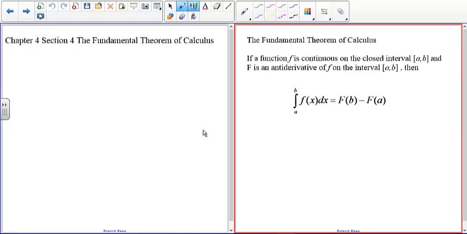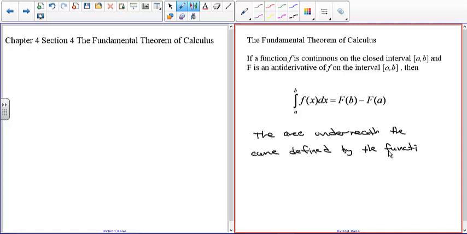I'm going to just write out some. This basically says the area underneath the curve defined by the function f of x, the x-axis, and x equals a and x equals b. Okay, so that's the area, is equal to